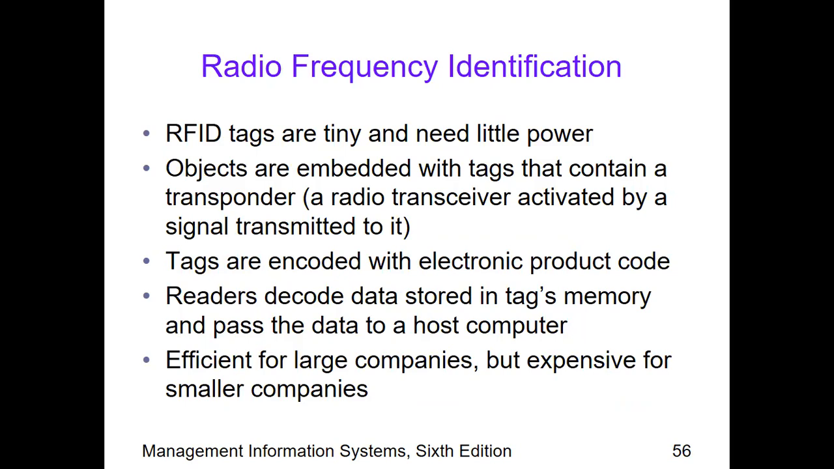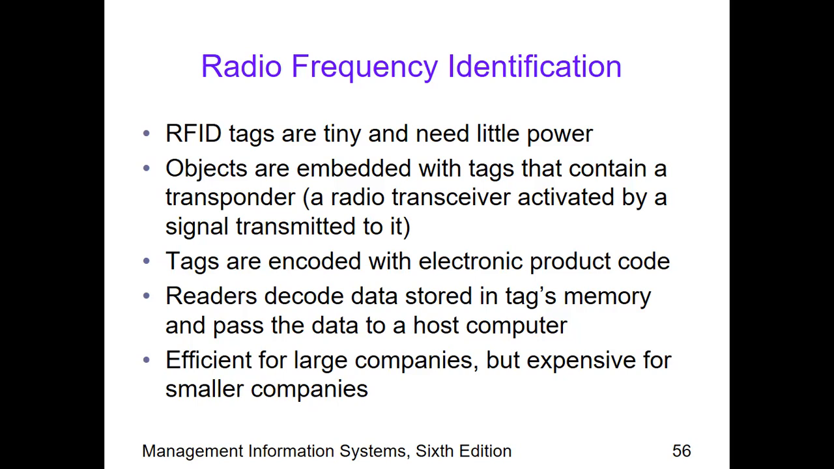RFID, we have explained that already. These are tags which are tiny and need little power. Objects are embedded with tags that contain a transponder, a radio transceiver, which is a combination of transmitter and receiver, activated by a signal transmitted to it. Then tags are encoded with EPC or electronic product code. It's like the barcode. Then readers, for example the scanners, decode data stored in the tag's memory and pass the data